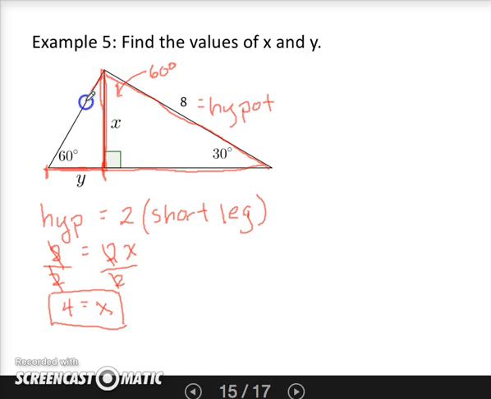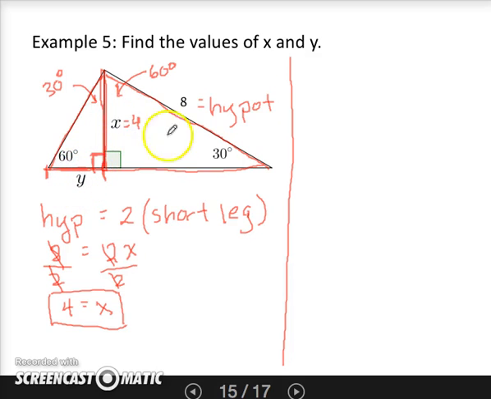Okay, we have another 30, 60, 90 triangle here because this is also a right angle. And here's the 30-degree angle because 90 plus 60 plus 30 adds up to 180. So we're asked to find y, but we already know x. X equals 4. So we're going to reuse the same special triangle theorem, only this time we're dealing with the